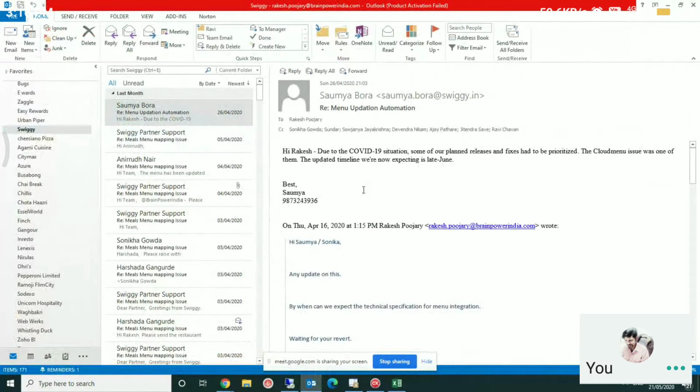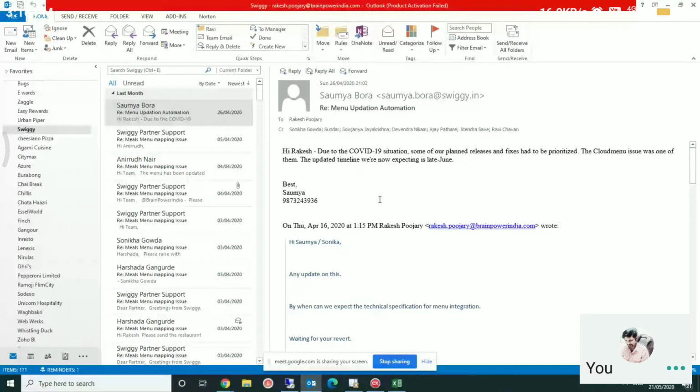So here, this is the mail. We were asking for the integration part to be done for menu management. I'll explain the process of menu management for the Swiggy portal. The menu integration and everything is initiated by the POS service provider only. If we are managing the portal for Azure Hospitality, we will initiate the integration request and the menu management request.